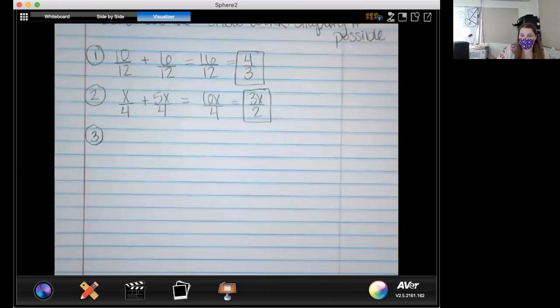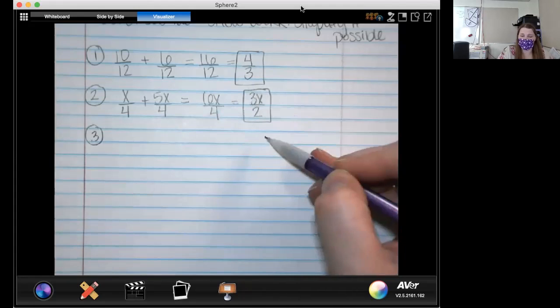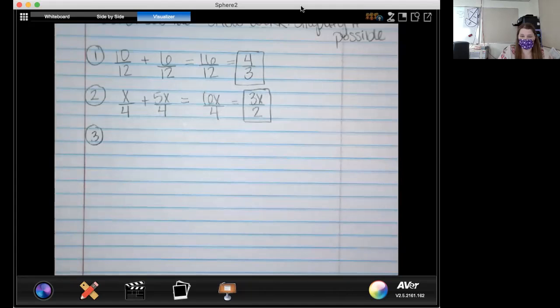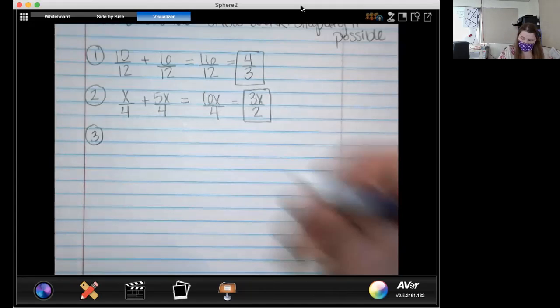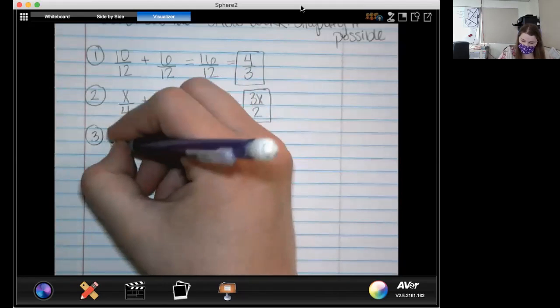Okay, now the hesitation was probably because students were thinking, can I simplify because it's an x? Similar to what we did in the last lessons, as long as they're being multiplied to each other, you can simplify each part individually. If they're being added or subtracted to each other, then you can't simplify parts individually. So because technically it's 6 times x, then you can simplify the 6 and the 4 individually. All right, number 3, x squared divided by x plus 7